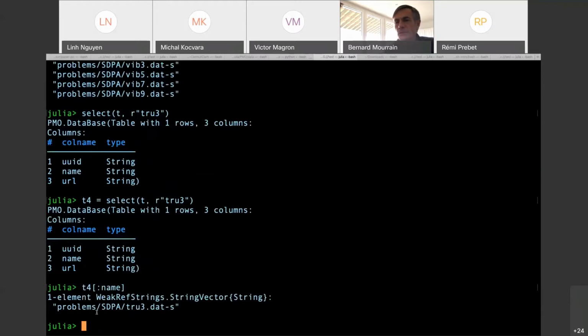My output is different. Yes, that's strange, but it's okay. It's the way the database is printed, which is different.